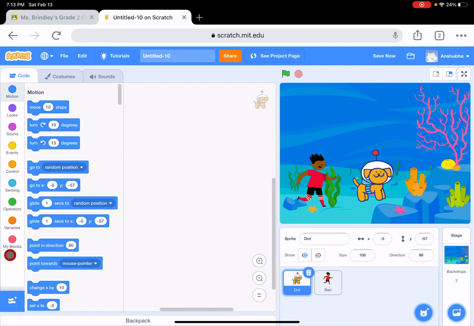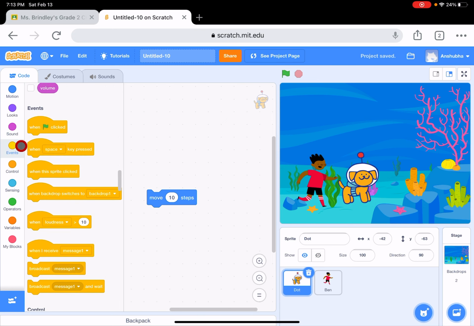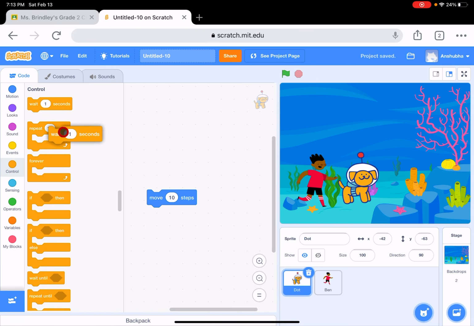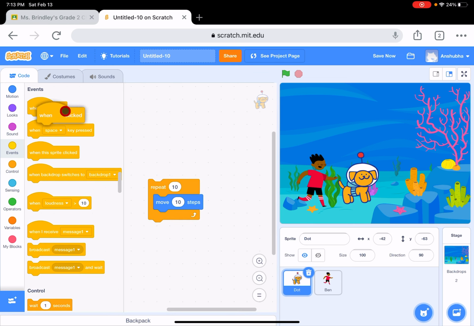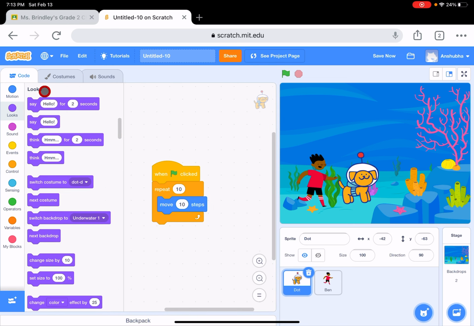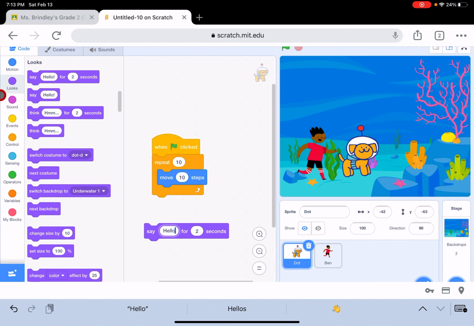So what we need is to move forward 10 steps. So you'll see the dog, it'll move like this. You're seeing that, right? So we're gonna go in control, and we're gonna have a repeat command block, and go to events and get a one-click block, and looks, you'll see how low. And what you're gonna type in here is